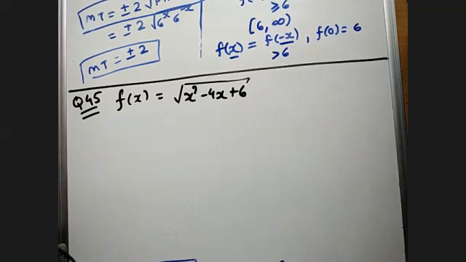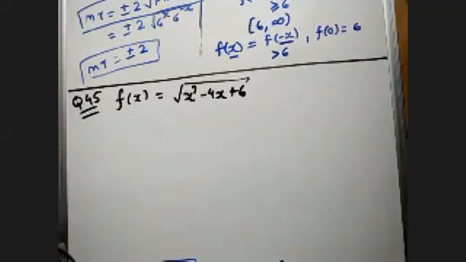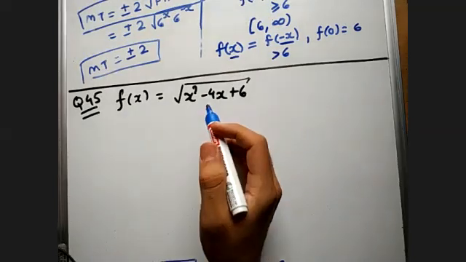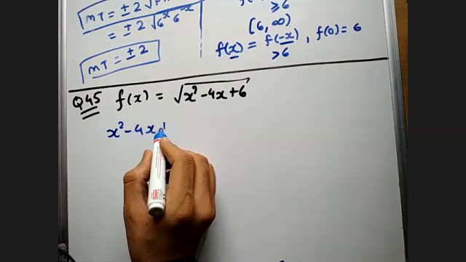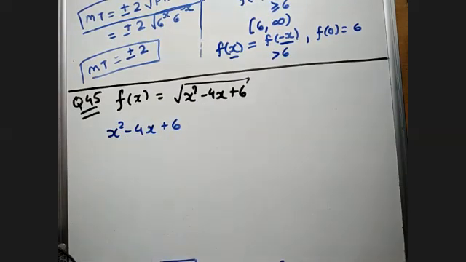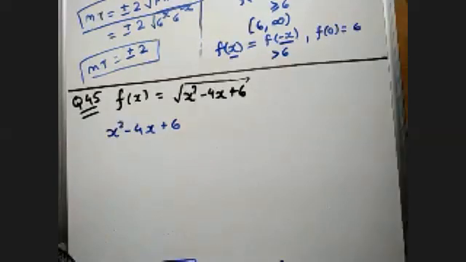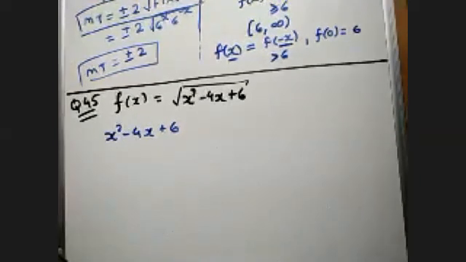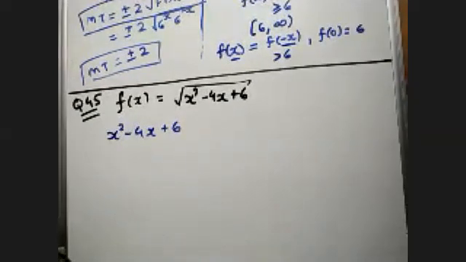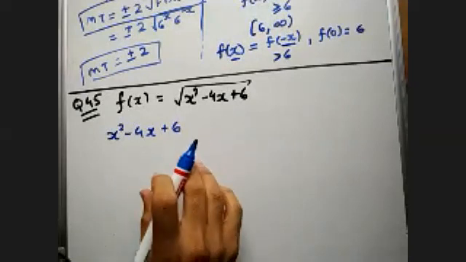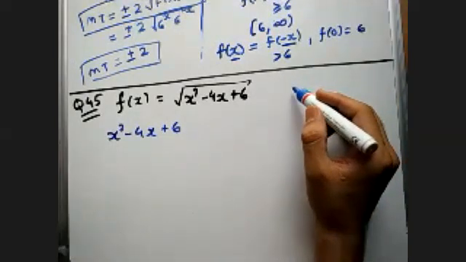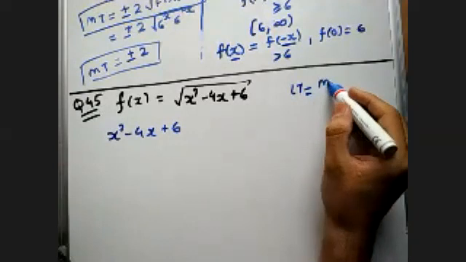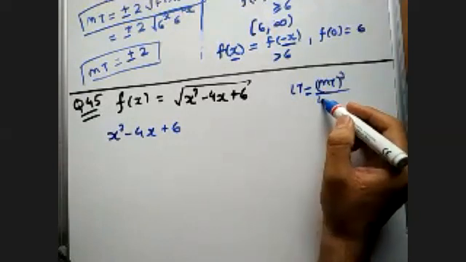root, right? But here, if you observe, this is again a trinomial which contains three terms, x square minus 4x plus 6. So for this, I have told you that if the first term is a perfect square, then we are going to find the last term, and with the help of the last term, we will try to convert it into whole square terminology, completing the square. So here my last term will be middle term whole square by 4 into first term.